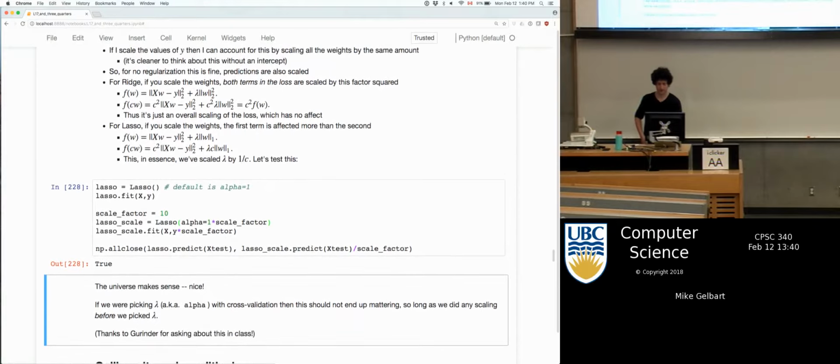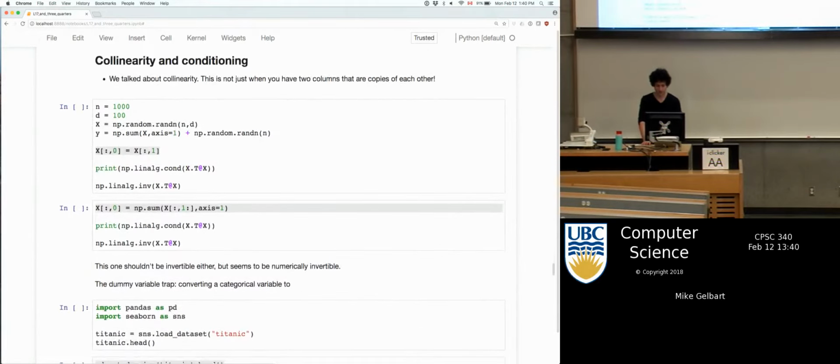And in conclusion, we might not care about any of this, because if we're picking lambda by cross-validation anyways, then as long as we've scaled our y values before picking lambda by cross-validation, this seems a little bit irrelevant, but interesting to contemplate. Okay,